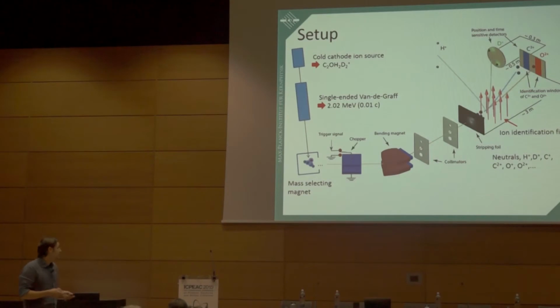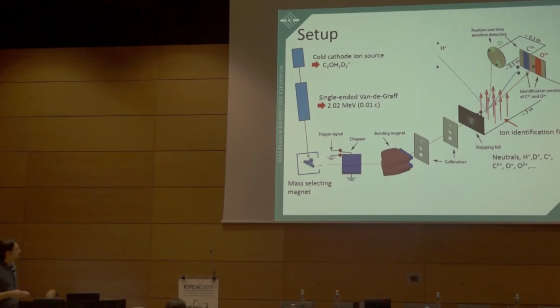Coulomb explosion imaging beamline. This beamline actually starts with a chopper, which is charged when the first fragment is recorded here on this round detector, and by this we ensure that we only measure one molecular event, one molecule at a time. Then after this last bending magnet, we have two collimators. These collimators more or less define the beam profile.